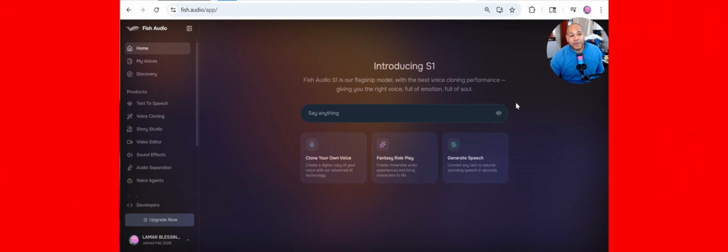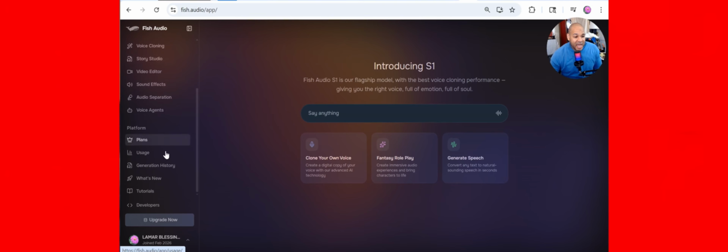So today we're going to go over this. We're going to look at this. It's called the Fish.Audio app. I don't know if you're familiar with it, but if you're not, welcome. You now have an opportunity to use the 11 Labs voice of Adam and other people too. Now I'm over here at the home page, and just stick close, because I'll get into the pricing and all these other things. I even found this myself, so I can't wait to share the information that I find to help you as my treasures and blessing family.